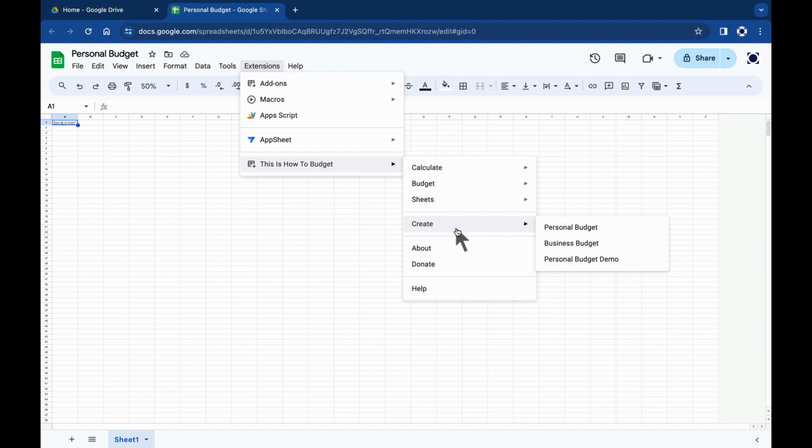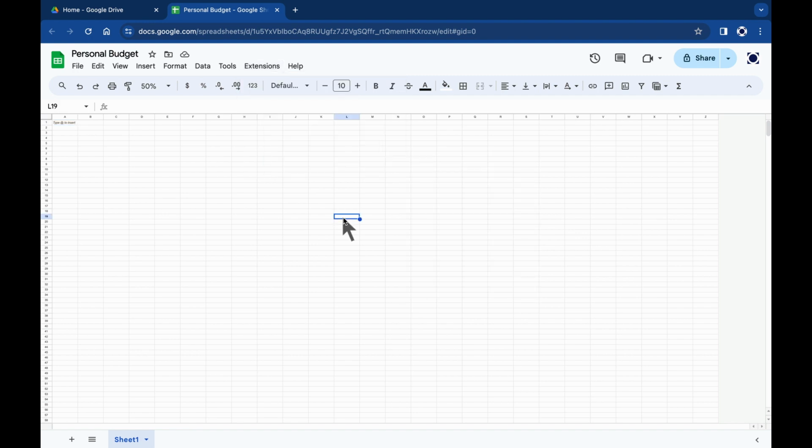So now that you can create a budget spreadsheet and access the application, there's an issue you need to be aware of which could come up at this point. Because the budget application is available to all your Google spreadsheets, it's possible to activate the application with a spreadsheet you're not using as a budget, which is problematic.